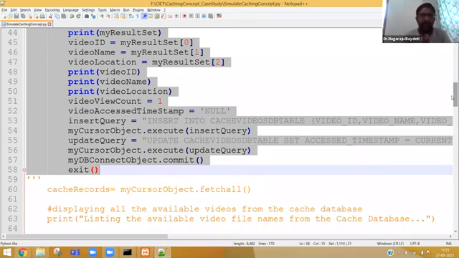Okay, let me tell you the 3 concepts here. There are 3 cases. Let me tell the theory also.